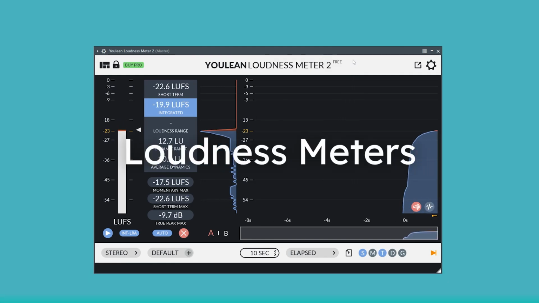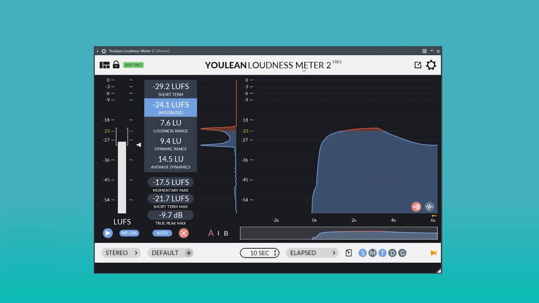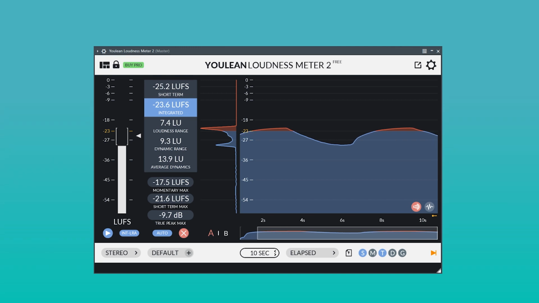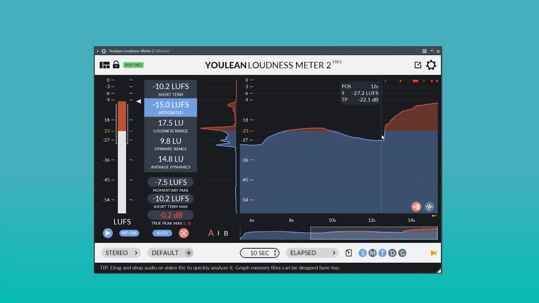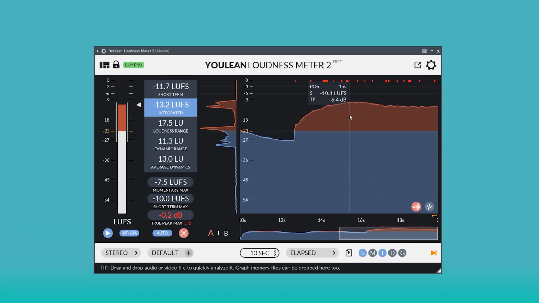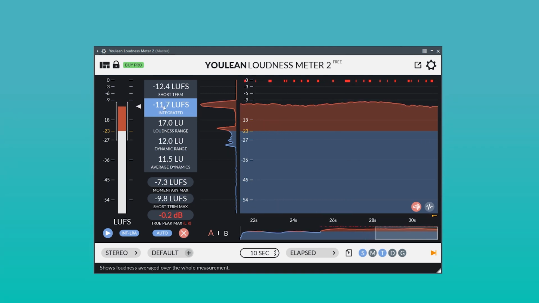Another great tool that you should be using is this plugin called Loudness Meter. Basically, this plugin is useful when you're mastering your song. You can put this plugin in the last effect slot in your master channel when you're mastering. When you want to make your track louder, you'll basically add a limiter, but you don't know how loud it is. So what you can do is download a track in a lossless format like WAV or AIFF, and run it through the plugin here, and you have to pay attention to this value here, which is